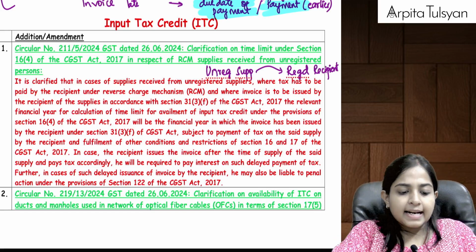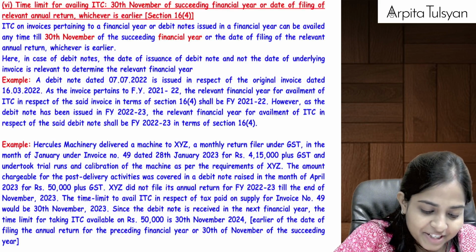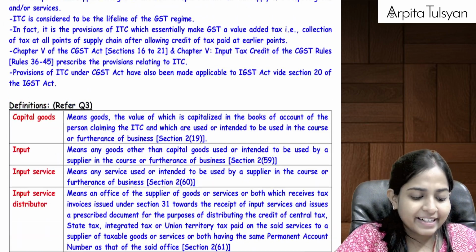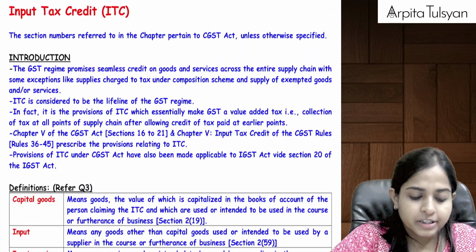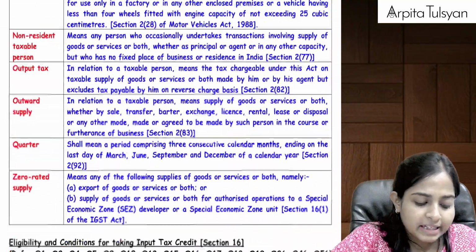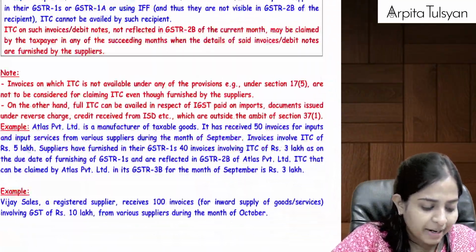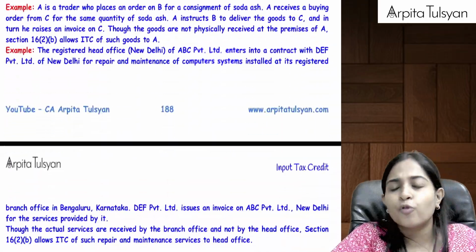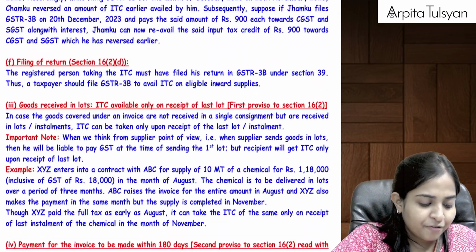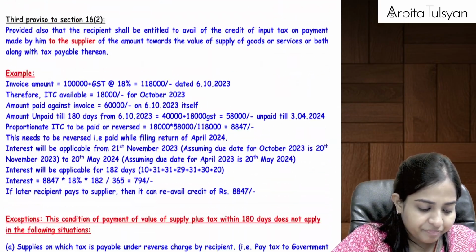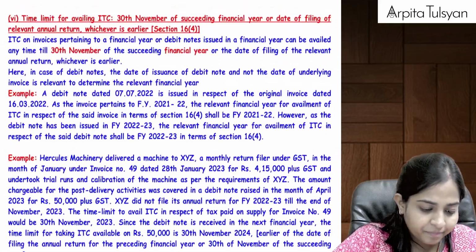Okay, let's start with the amendments of the next chapter, your big chapter, that is input tax credit. We'll do it one by one. First come to section number 16.4. Come to section number 16, subsection 4. We will take up the amendment relating to that. 16.4 was talking about the time limit for availing the ITC. That November, 30th November, that point. Please come to that point, everyone.